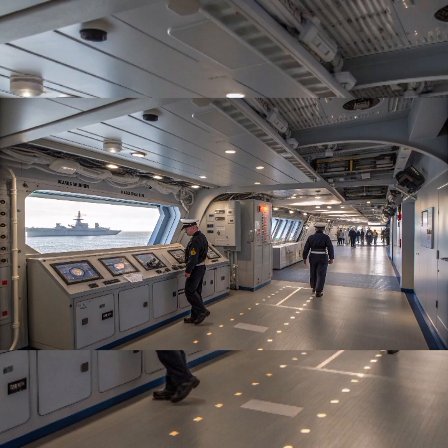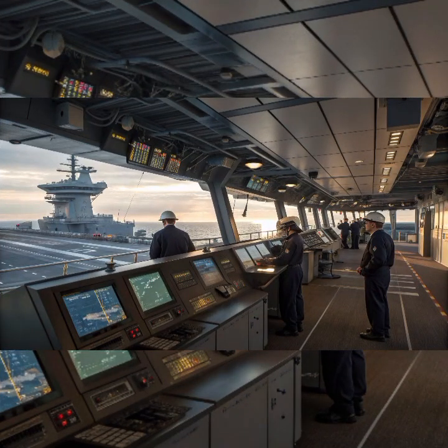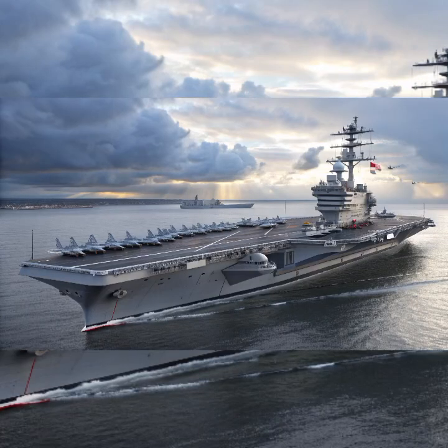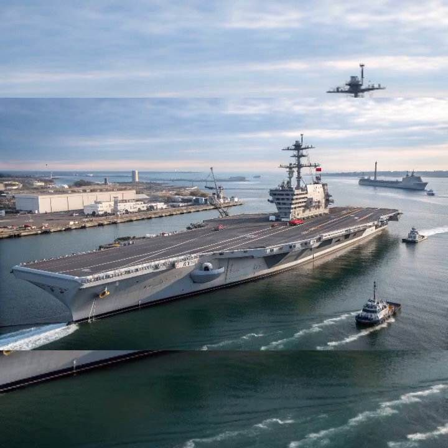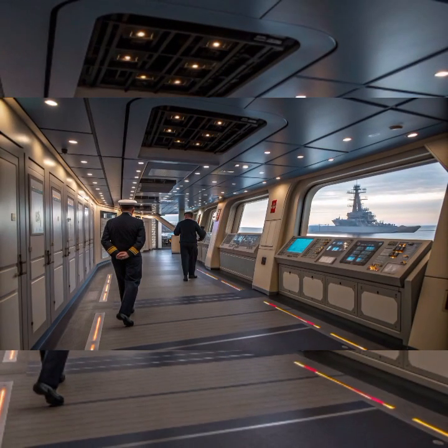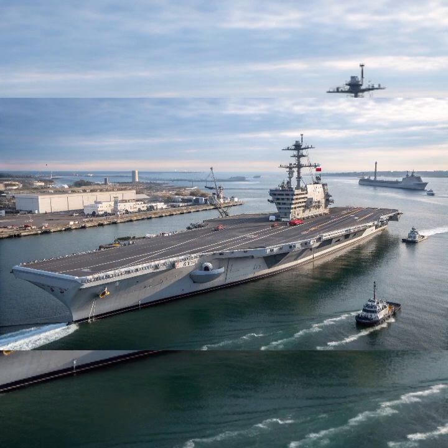Today we take a deep dive into one of the most advanced and formidable aircraft carriers in naval history, the USS Gerald R. Ford CVN-78, a true symbol of American naval power and technological innovation in 2025. This colossal vessel is the lead ship of the Gerald R. Ford class of aircraft carriers and represents decades of engineering progress, new combat capabilities, and lessons learned from previous carrier operations. It stands as the United States Navy's crown jewel for projecting power at sea and ensuring maritime dominance in